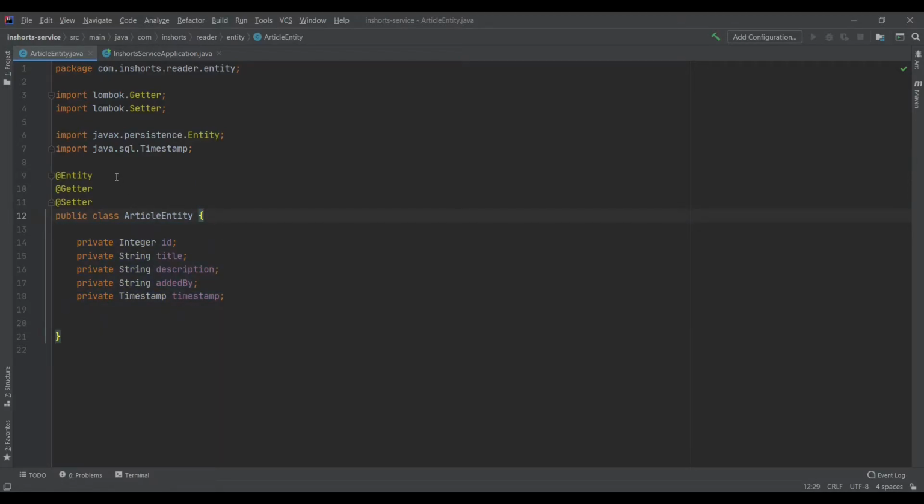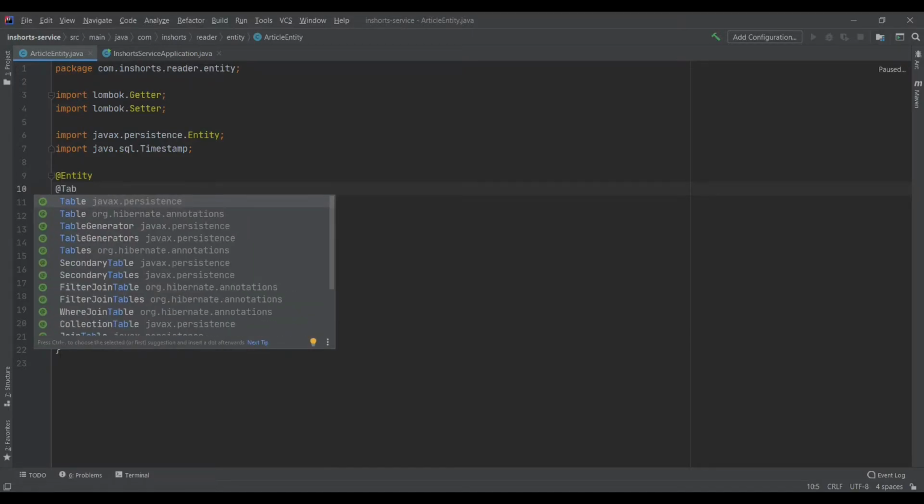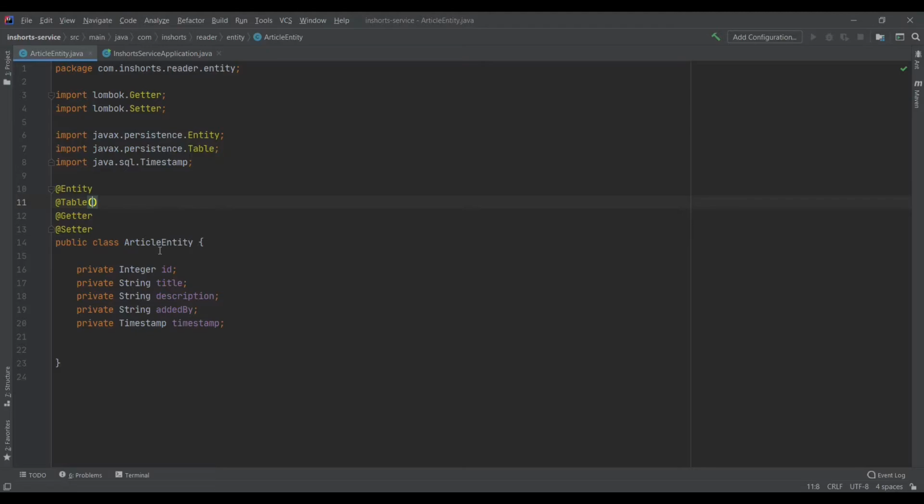We have an annotation for that also, which is called @Table. You should know that I'm using it from Javax Persistence and not from any other libraries. I want to map my article entity class to a table called article. I will do that with this attribute of this annotation, and here I will specify the name of the table. So this tells that this class should be mapped to this table.